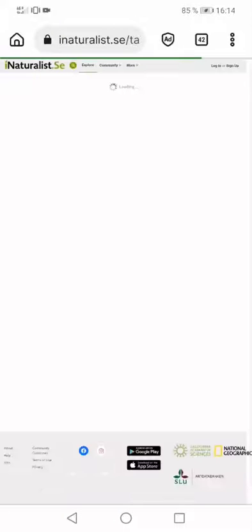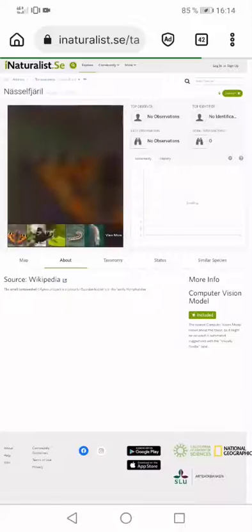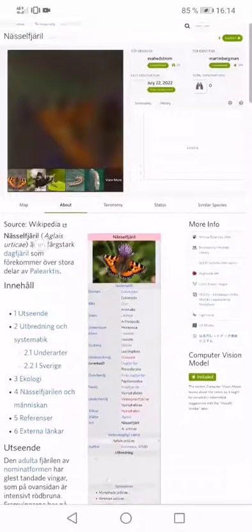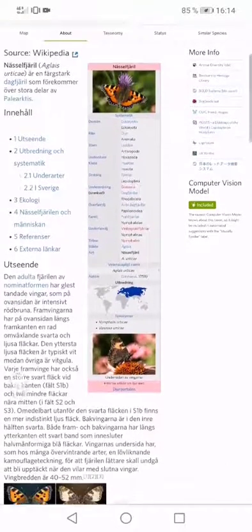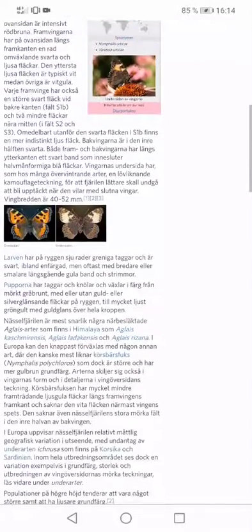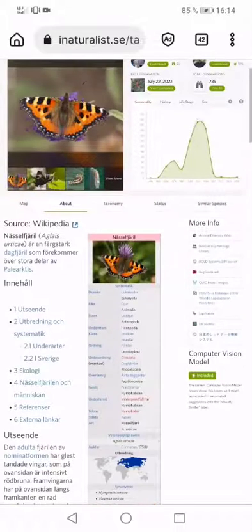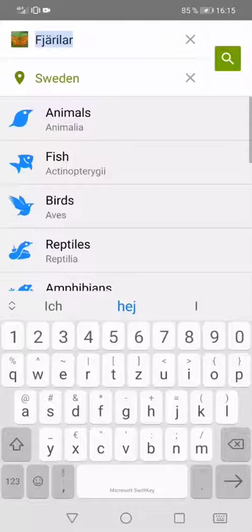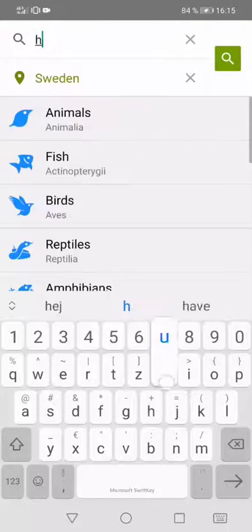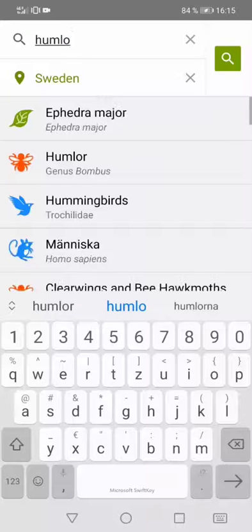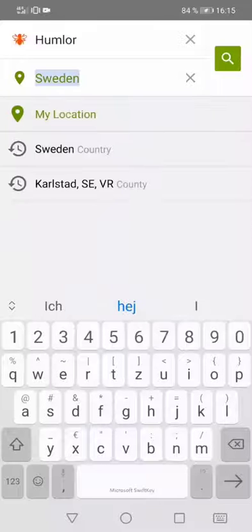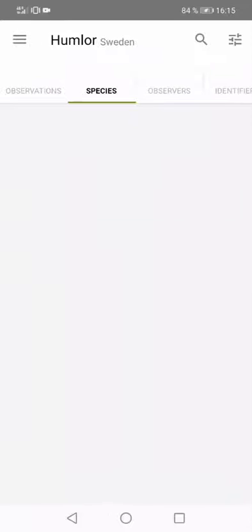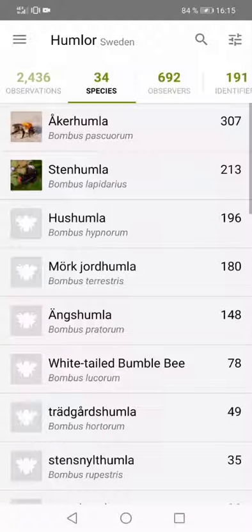There you can find even more information, background information on the life cycle of these insects, what they need, which plants they feed on. So all kind of information to learn more about these insects. Another example is when you're interested in bumblebees, for example. You search for this group, it's with Tumlur in Sweden,